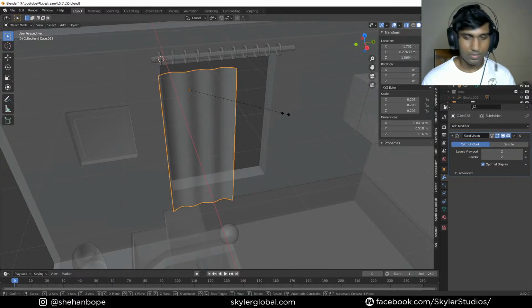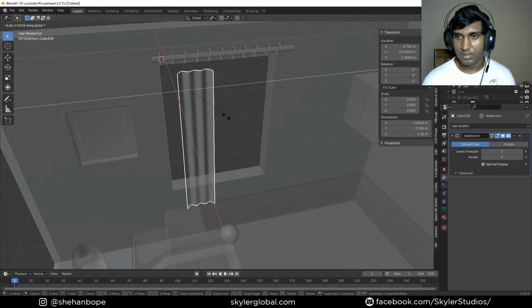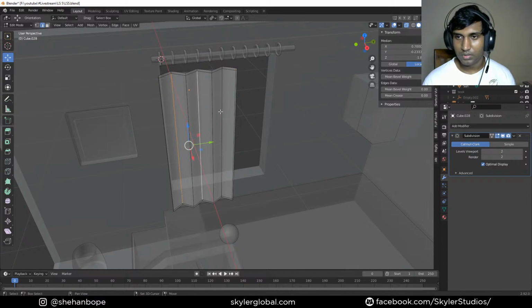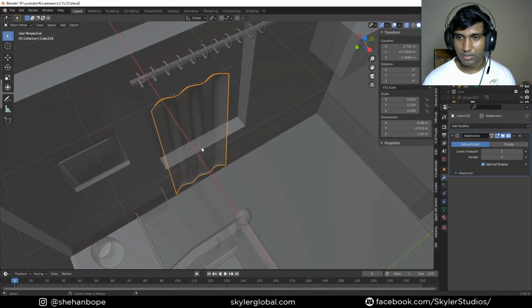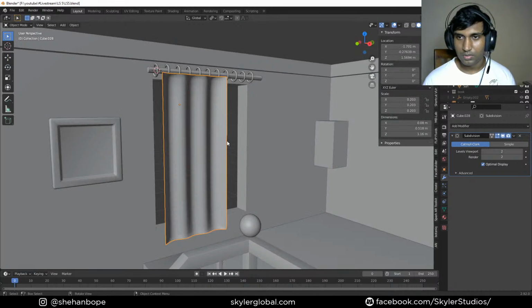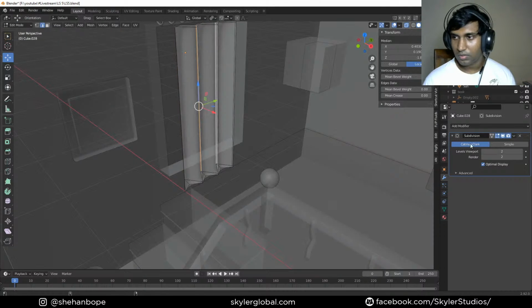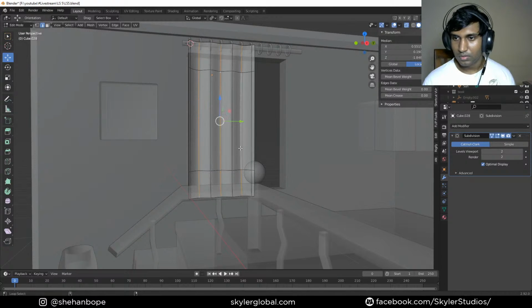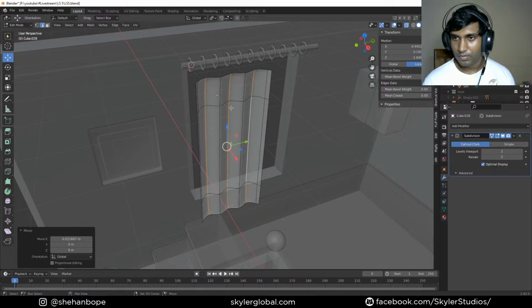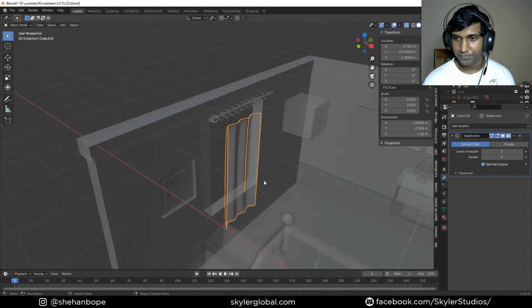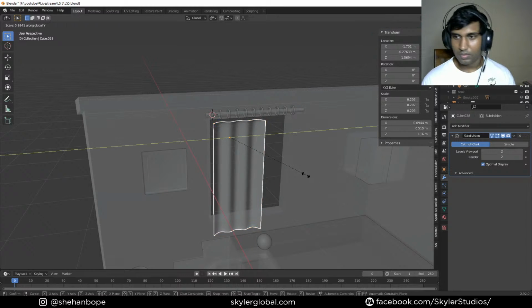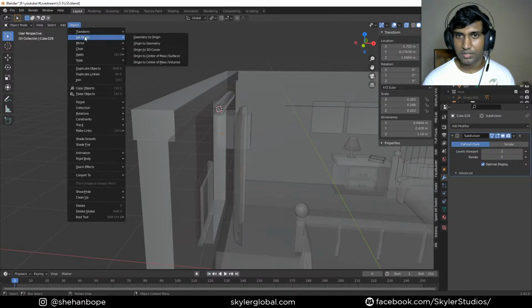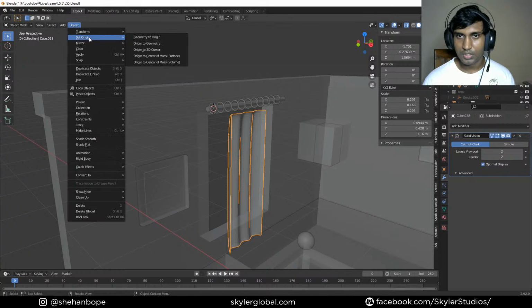Okay, now I think shade smooth. Okay. Right, object to geometry. Object to geometry. Now,